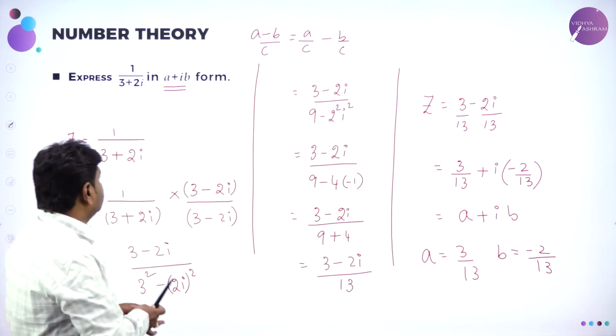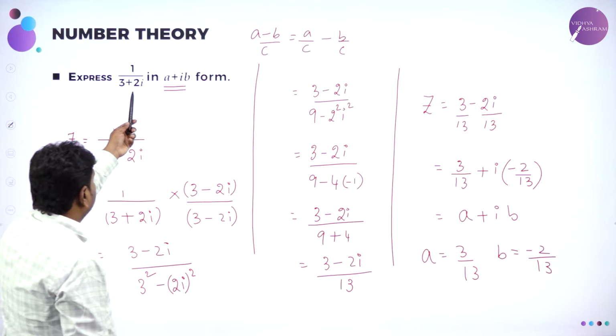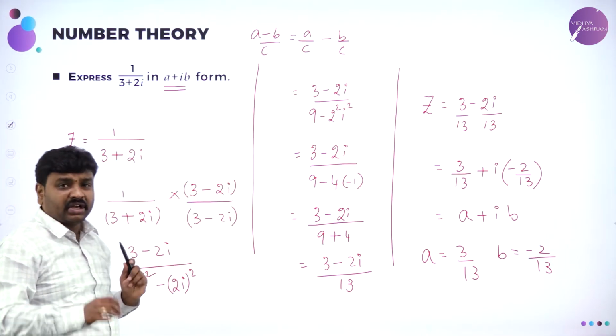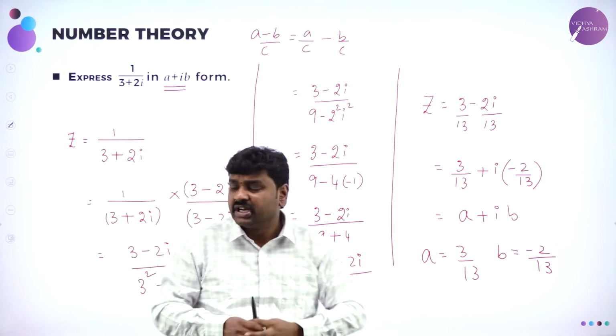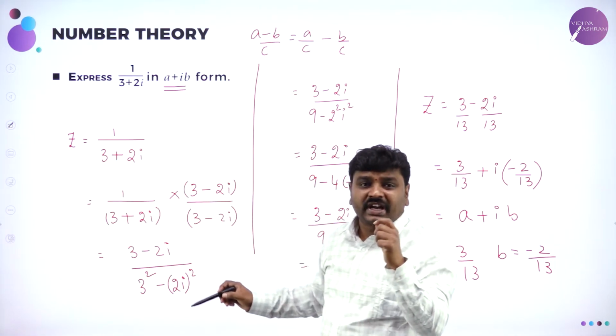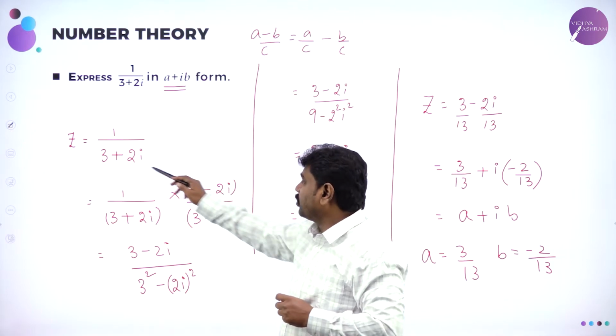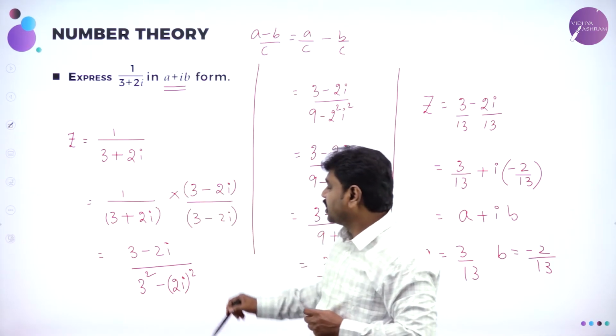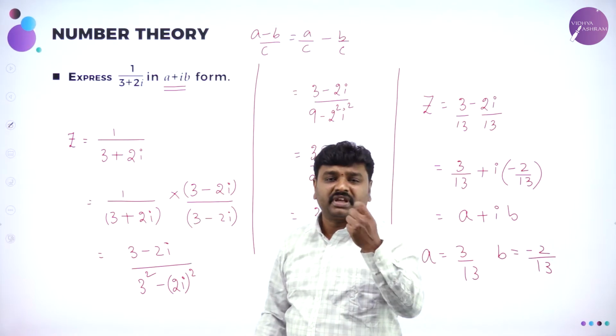So now this is the problem left out, that is 1 divided by 3 plus 2i, in a plus ib form. How to express? See to it, i should not be in the denominator. If i is in the denominator, rationalize. So for 1 divided by 3 plus 2i, what is the rationalizing factor? 3 minus 2i, the opposite. So divide and multiply by 3 minus 2i. 3 minus 2i into 1 is 3 minus 2i. (a plus b) into (a minus b) is what? a square minus b square.